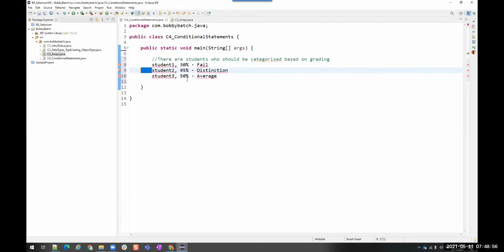If you want to control the flow of execution, if you want to execute something based on some criteria, for example, you go to, do you use ATM? You are aware of ATM, right? ATM's functionality.